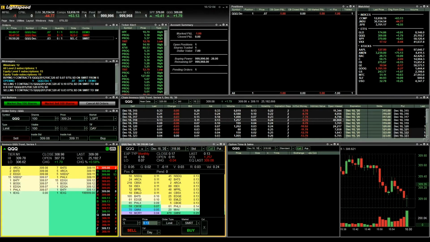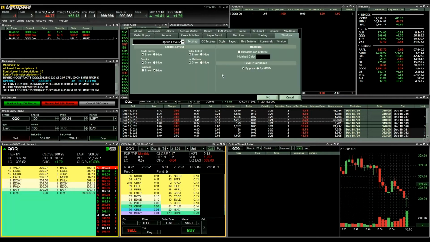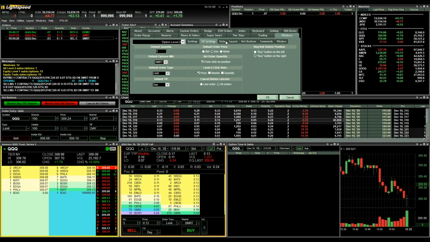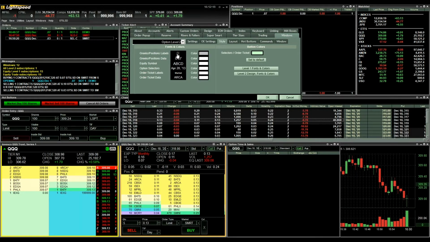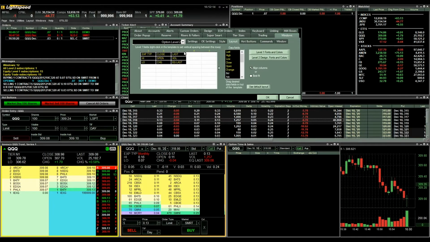So it's just a quick way to queue up how you want your order defaults to go through your order entry settings. Style, this would be the labels and the background colors, as I showed before. Layout, you can configure the top portion of your level 2 window to show additional information. Let's just say I want to put the bid and the ask on the top portion as well for easy reference. If I wanted to put open interest, or where the equity closed,